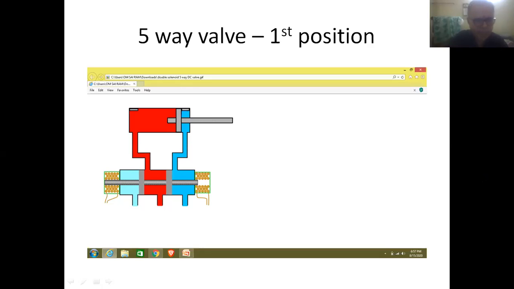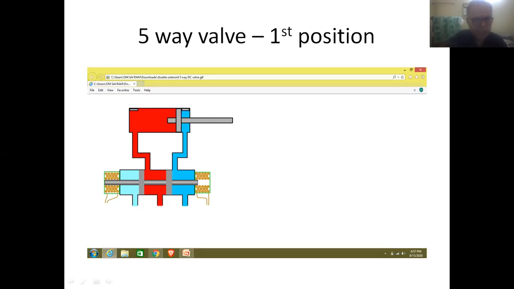And this is the second outlet of the DC valve fitted to the second port of the cylinder. And this is called the first exhaust of the DC valve, used for the first outlet port.